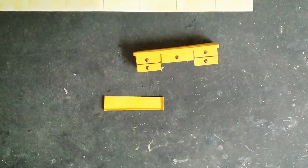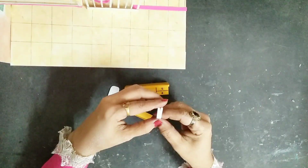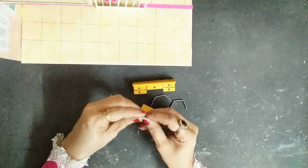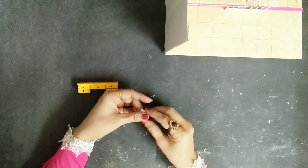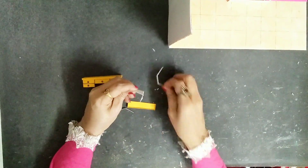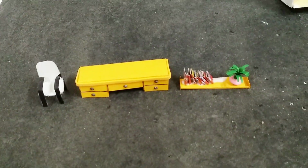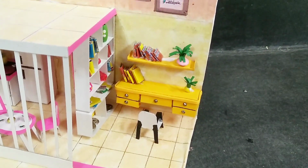Alright, so now as you can see, this cupboard is ready. Now I'll take these two white card paper cutouts, and it's a chair, so I'll keep it white as it is. I'll just stick these two cut pieces on the sides. Alright, so this is done. Now I'll stick this on this part of the room, so it's a tiny